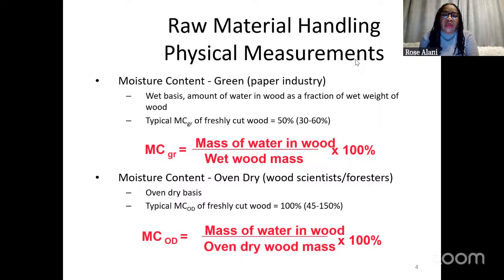For the oven dry wood, you have already dried the wood. So that particular oven dried wood, you now check the moisture content. Of course, you know that oven dry wood will still have some moisture in it, because it's not completely dry. And then, of course, it's different from the one that you cut directly and check the moisture content. So for the oven dried wood,